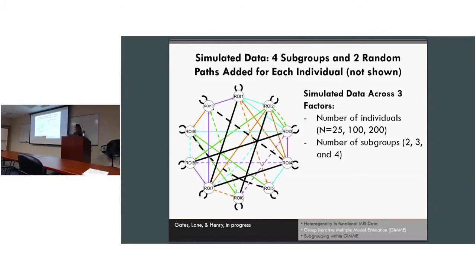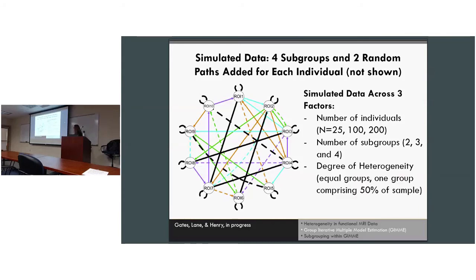We did 25 instead of 10 because the end goal, right now we're just still trying to figure out how to get the individual level paths, but the end goal is to subgroup them. Subgrouping 10 individuals probably won't be very illuminating, I mean, it is a small sample, and so we didn't even test it for 10. We just tested it at 25. We figured that would be a lower minimum that people might try to do this on, because, for instance, you might have 25 people in a classroom or something to that end.